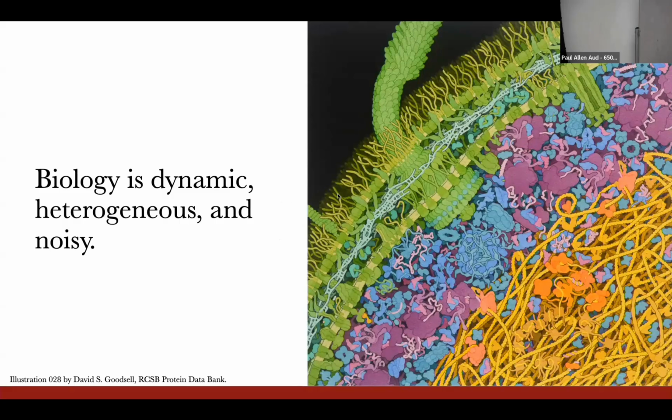These samples are dynamic on a large range of timescales. They're heterogeneous. They're noisy, both metrologically and biologically. And importantly, the optics that I have to use are quite lossy. Nevertheless, fluorescence microscopy and innovations in chemistry and biology have been successful in teaching us about the structure of living